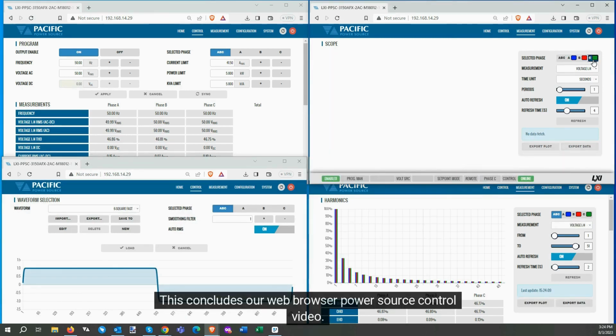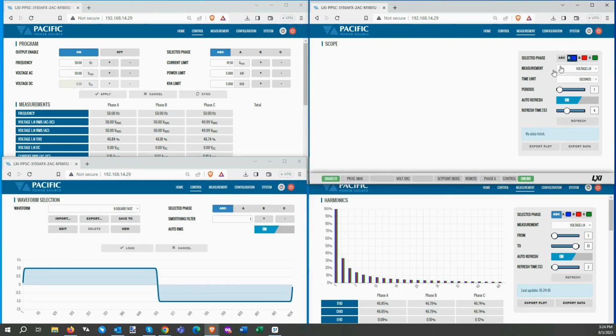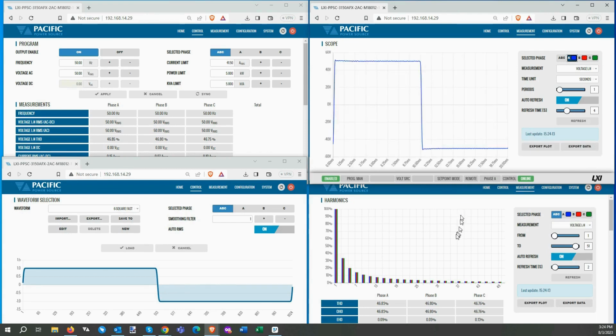This concludes our web browser power source control video. To connect to the power